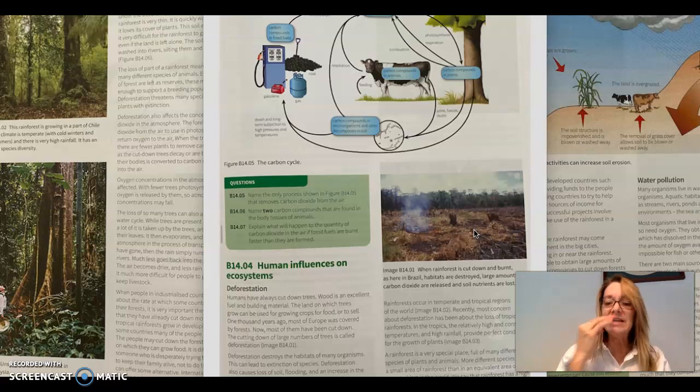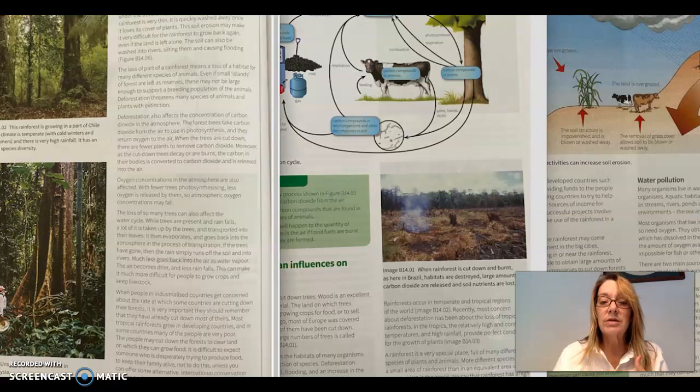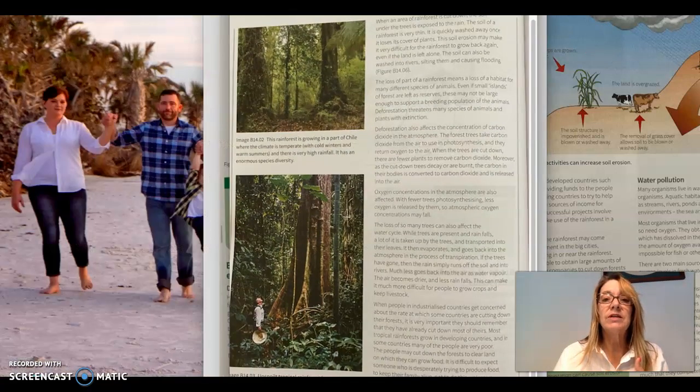And so when we chop down the rainforest, we do huge damage, not only to the organisms, causing many of them to go extinct and not be found any longer, but we also decrease the carbon dioxide uptake, decrease the oxygen available in the atmosphere, and decrease the soil. The roots aren't there to hold the soil in place, which goes on to the next page. So I'm going to get rid of this page 171 and we'll focus on 172.